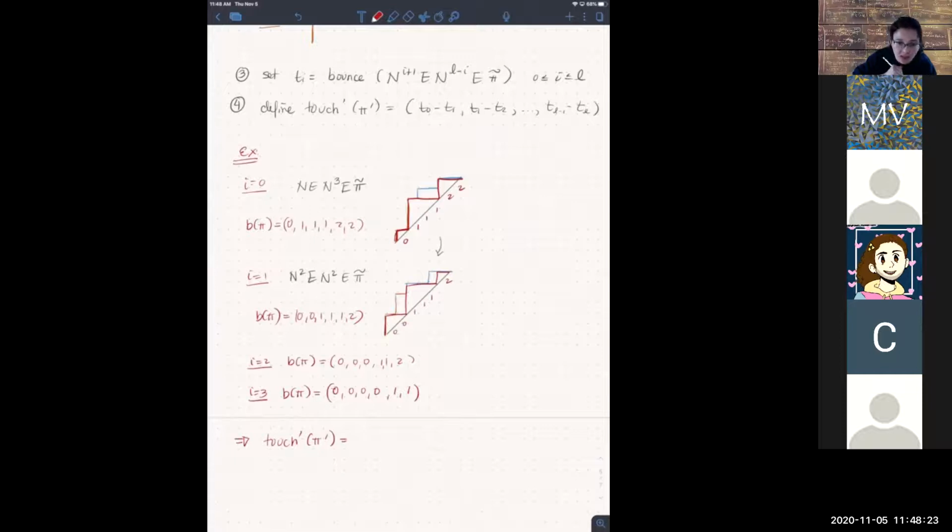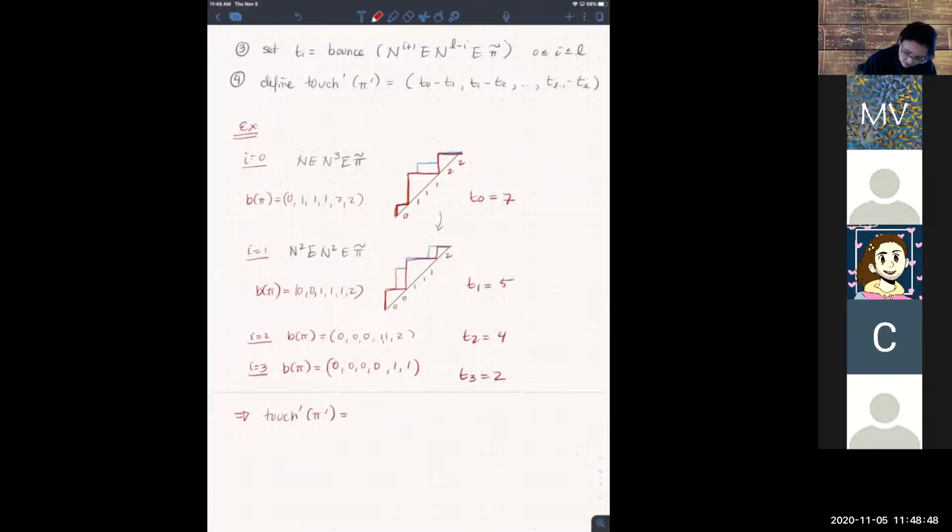No, absolutely. So what this means here is then T0 is just the sum of these things. So T0 is going to be 7 because it's the sum of these numbers. T1 is going to be 5. T2 is going to be 4. T3 is going to be 2. So yeah, and then the touch here is then just going to be, all right, so you get 7 minus 5 is 2. We get 5 minus 4 is 1. And then the last entry is 4 minus 2, which is 2,